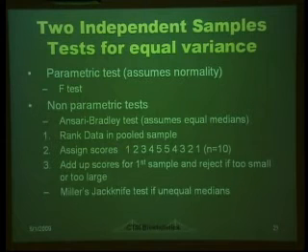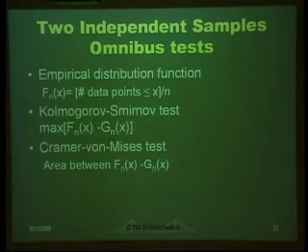It requires that you assume equal medians. If they're not equal, then you can use what's called Miller's jackknife test. Okay, now, non-parametric tests also allow you to do what we call omnibus tests, where instead of comparing location or